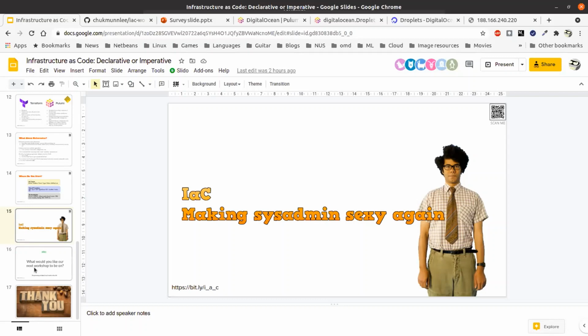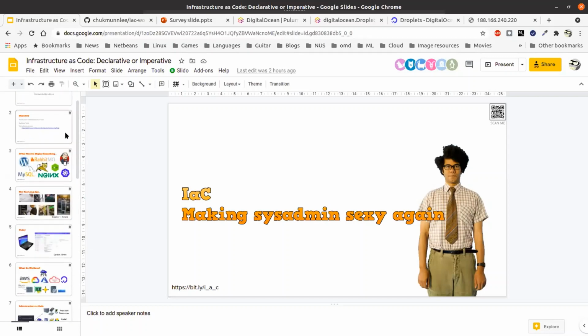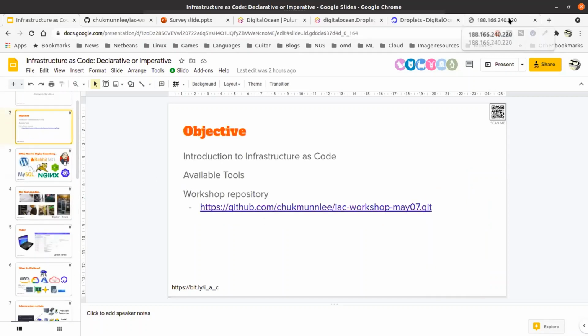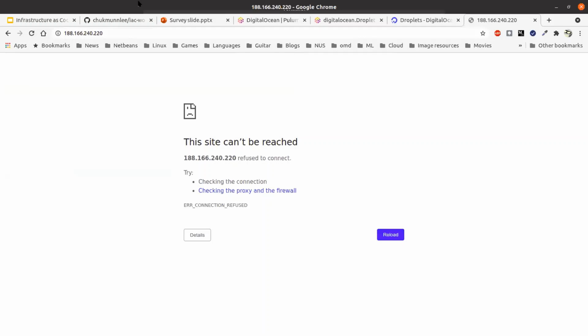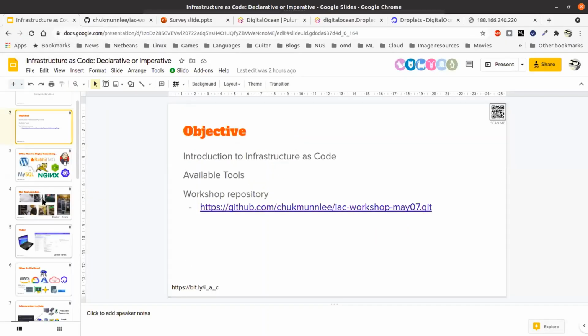So that's the end of my presentation. What I'll do is push the code up. Let me just try this again first to see if it's still working. Okay, looks like I made a mistake somewhere in there, so the thing isn't installed. I will fix that, make a note, and then push it up, so you can get the code from here.